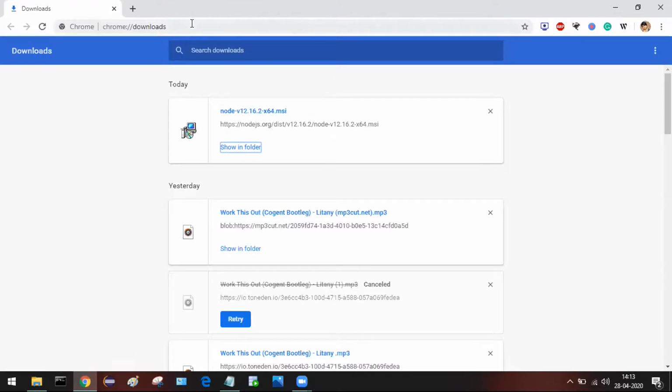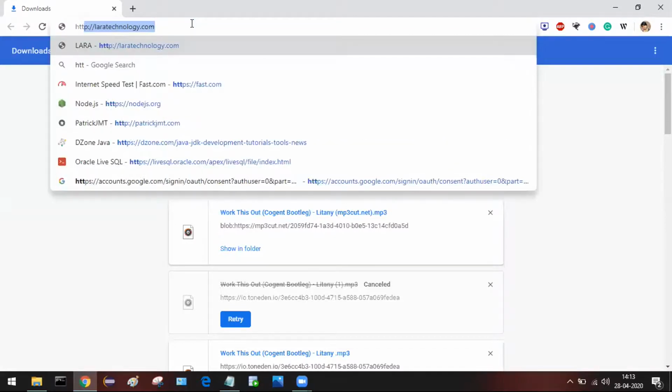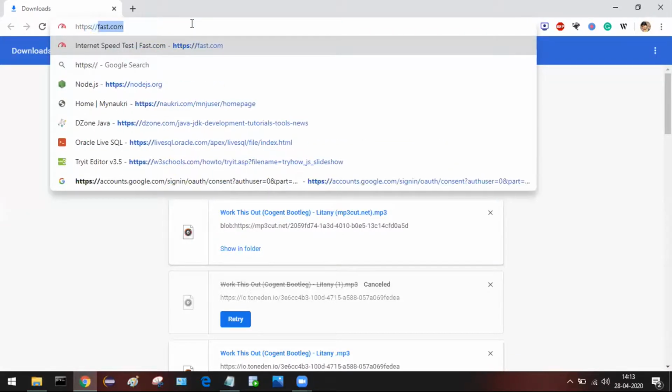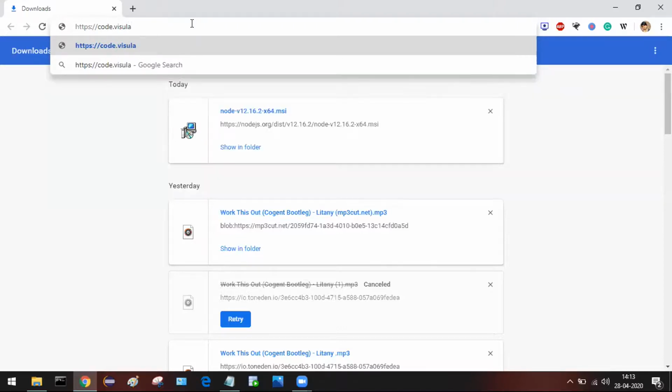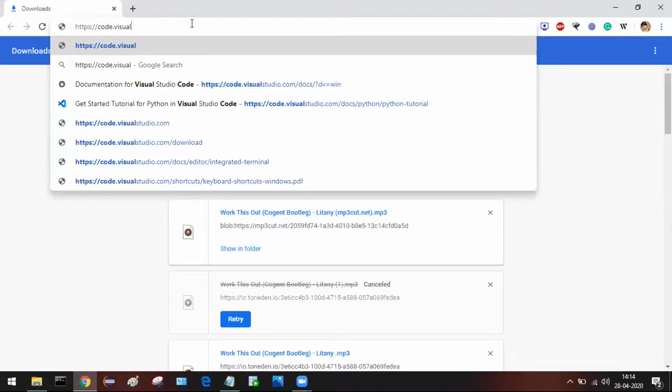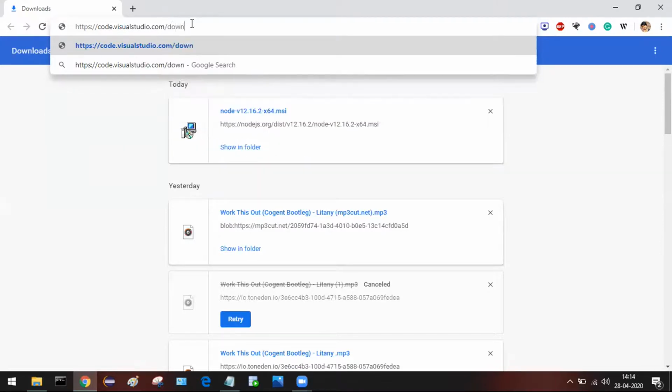Go to the browser. In the browser bar, you need to type this: http. Most of the cases they will be using https instead of http. code.visualstudio.com, slash download.